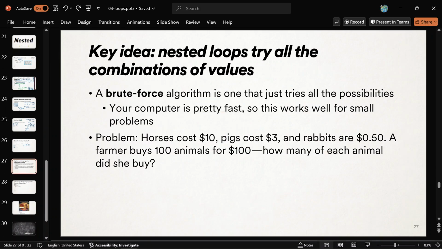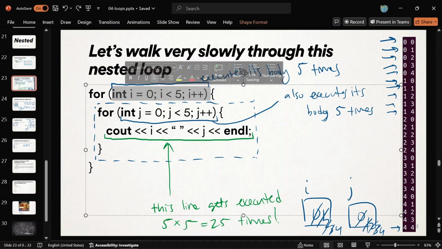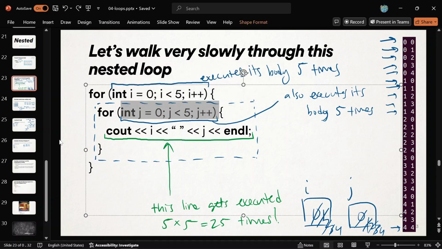The second key idea of nested loops is that they're going to try all the different combinations of values. Do you see how every different possibility of 0 to 4 in the first number and 0 to 4 in the second number is being printed out? This is ranging from 0 to 4, and then each time we're trying every possibility of 0 to 4 for that value that we've picked. Does that kind of make sense? Every possible pair of numbers where those two numbers are taken from 0 through 4 will appear thanks to this code. So they're trying every possibility for us.